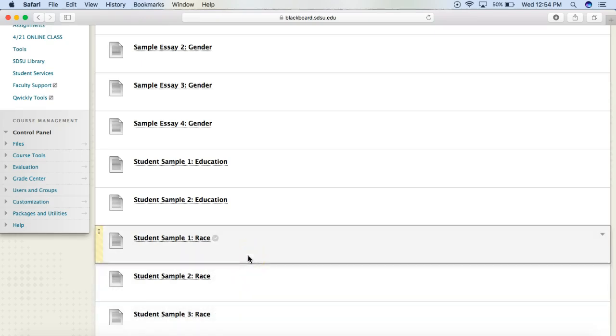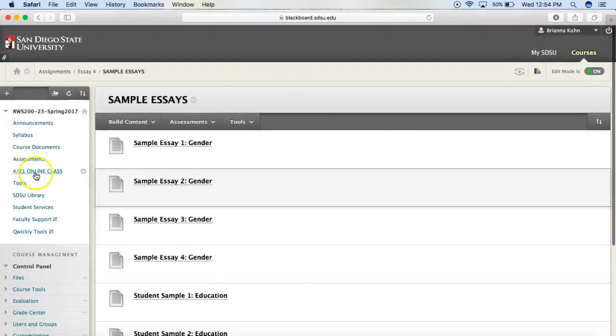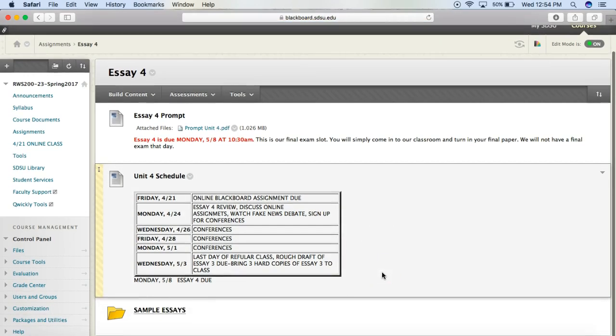I thought it would be a good idea to have a diverse set of topics so that maybe some of the essays might be easier to understand than others in terms of what topics you're most familiar with. So you can go ahead and read through these sample essays to get a better idea of what we're going for in Essay 4.